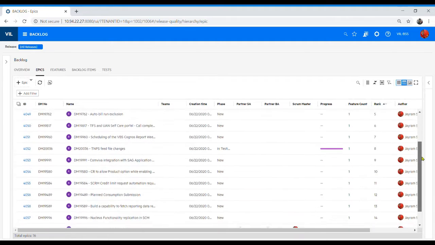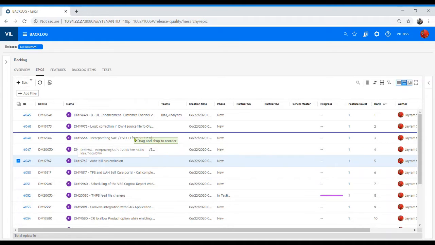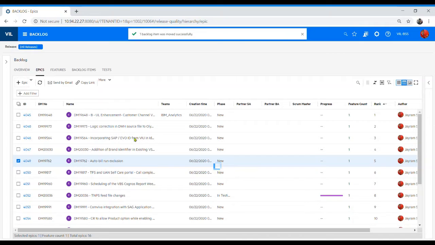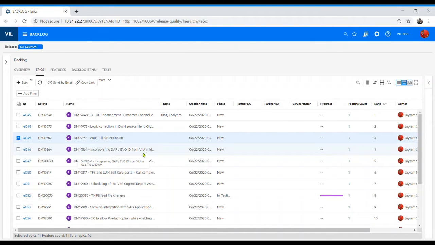So what will happen? All the to-do list is here, and if you can see, there is a ranking over here. All these items are sorted based on the ranking set by the product owner only. So the criteria is basically that you rank them. If you have a certain demand which has a higher ranking and you want it to go on top, then you drag and drop it to that level. But definitely not everybody is going to do that. The product owner will do that ranking or re-ranking after consulting another product owner, because we have multiple product owners having their priority set for the team. So they need to talk to the scrum master, they need to talk to the counterpart, and then set the priorities.